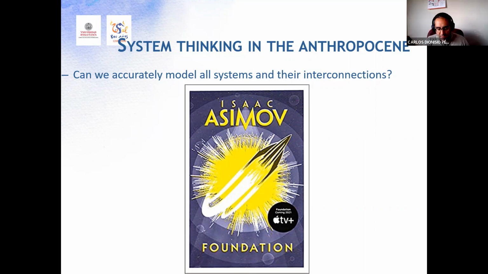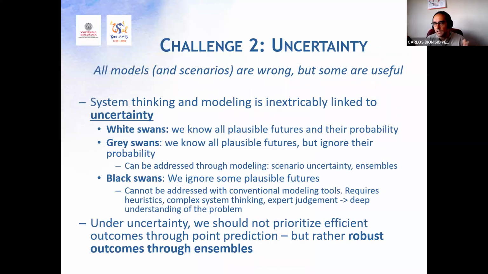So, I put this reference to this wonderful book, Asimov's Foundation, because in this book, they develop this psychohistory science in which they can make deterministic predictions and they are never wrong for millennia at least. We know that our models will have some errors, and we need to sample them. And this is the second challenge that we face in Talanoa: uncertainty. How we deal with uncertainty, and the way we propose in Talanoa to deal with it is by considering these ensemble experiments. So multiple models, multiple scenarios.